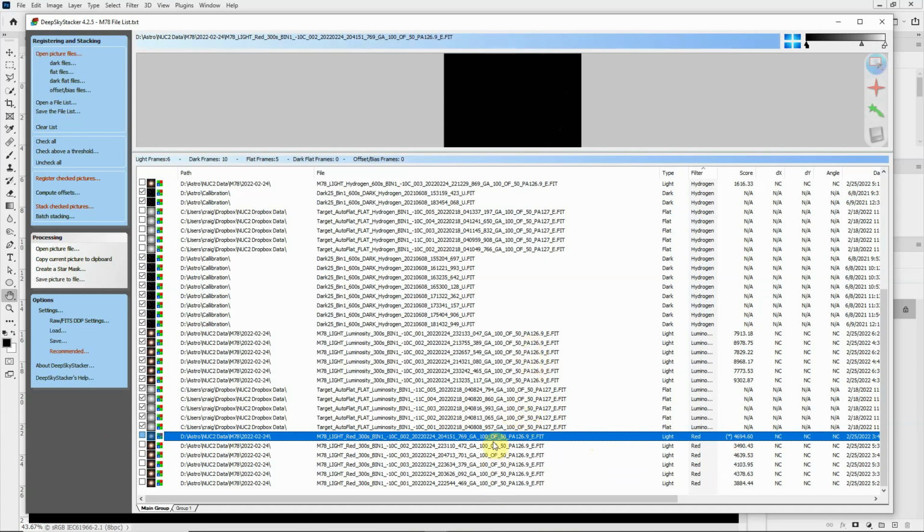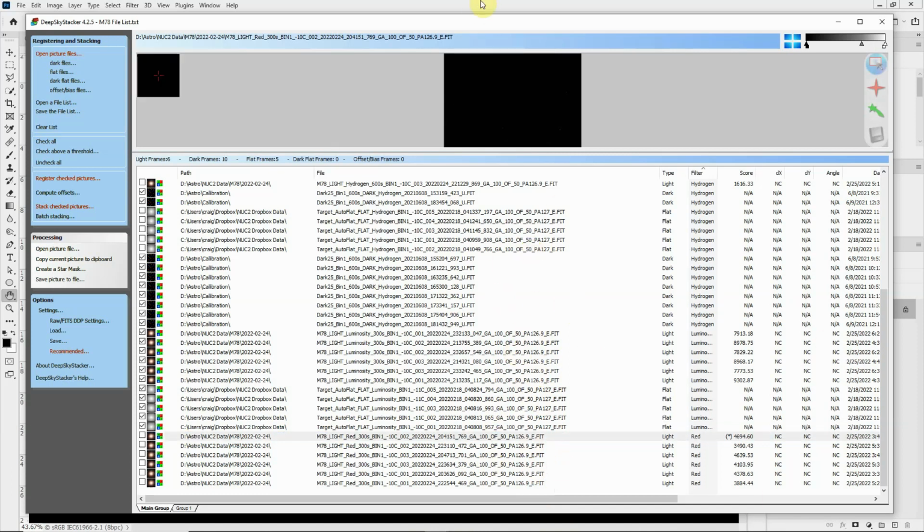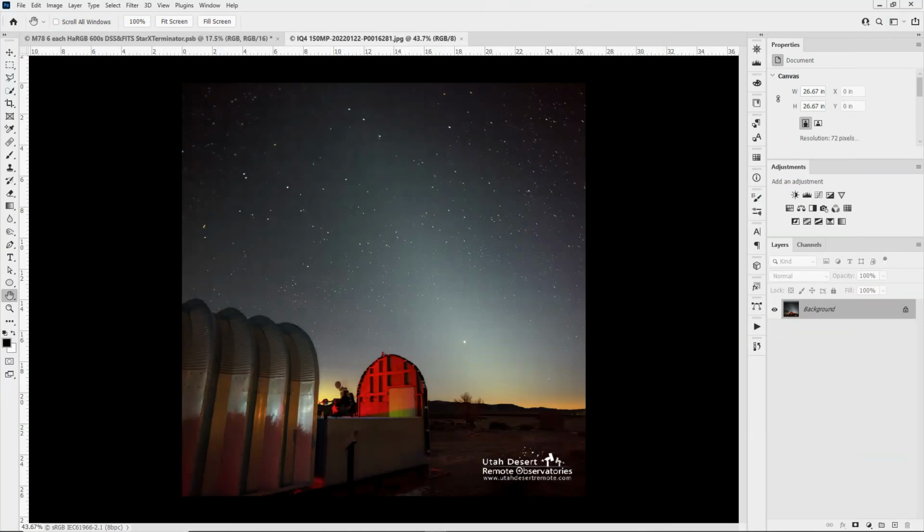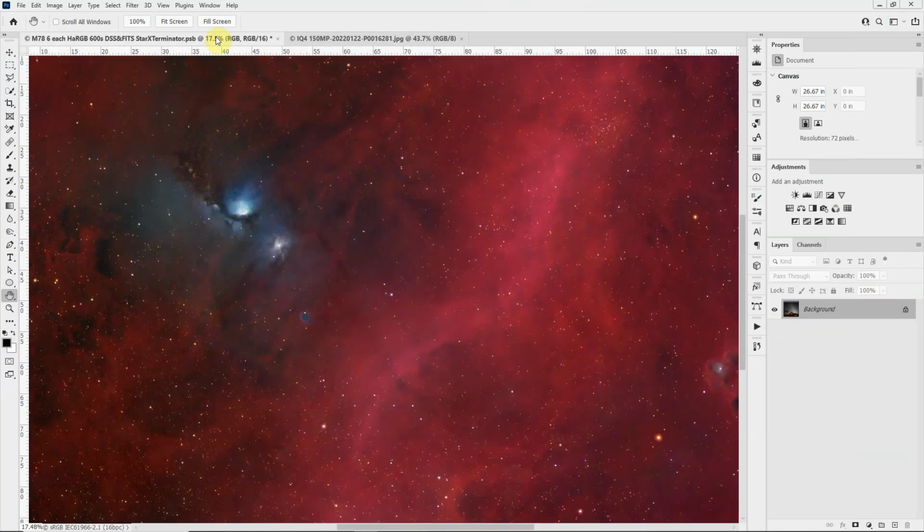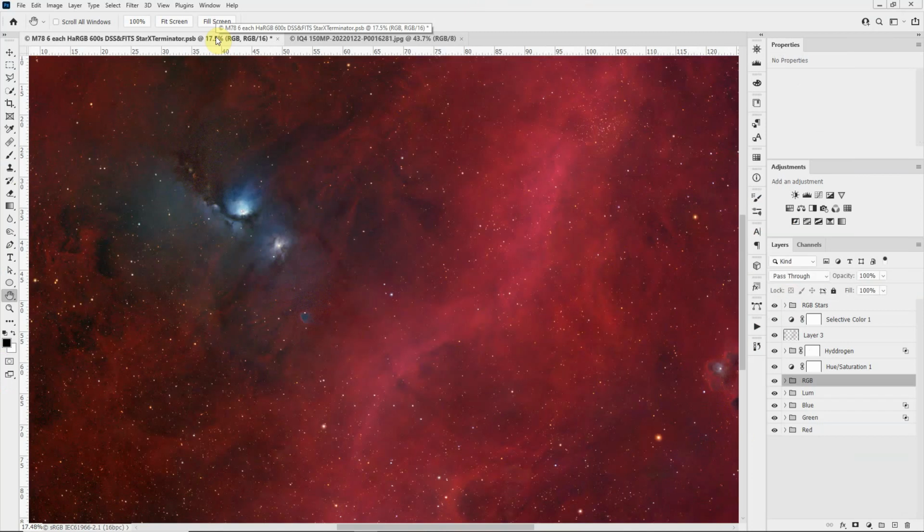So I will basically cycle through red, green, blue, hydrogen, luminosity, check them, stack them, uncheck them, stack the next group, and so forth, and cycle through all of those to create all of the files. I then go to Photoshop, and in Photoshop, if you've seen any of my tutorials before, you know I like